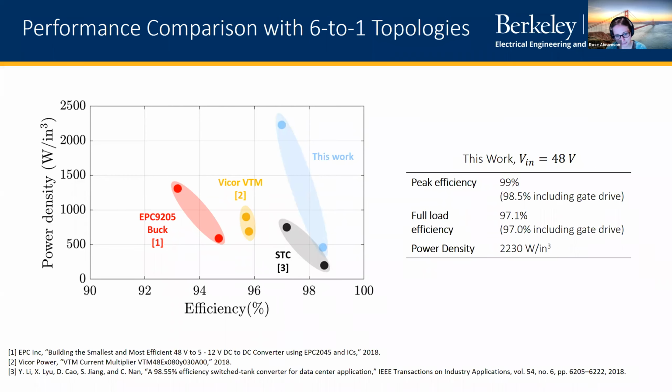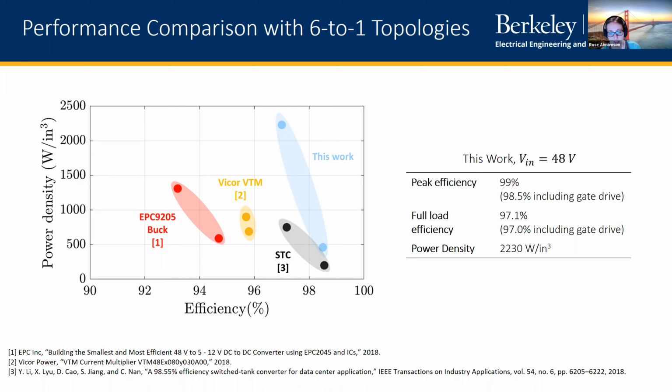Every time you try to increase efficiency, a lot of times that results in a decrease in power density. So you're trying to turn up both knobs at the same time, but they're fighting against each other. But overall, the performance of this work is quite compelling when you compare it to the existing space. We can achieve a very high peak efficiency of about 98.5%, including gate drive, while still achieving a nice full load efficiency of 97.1%